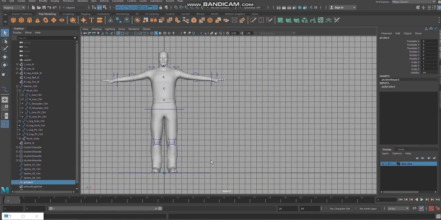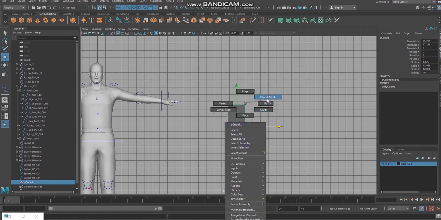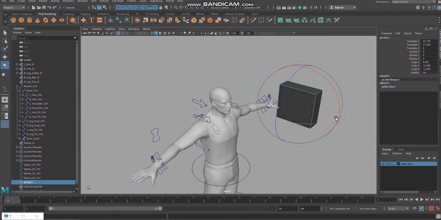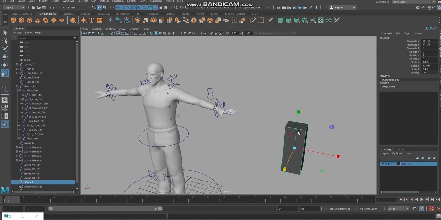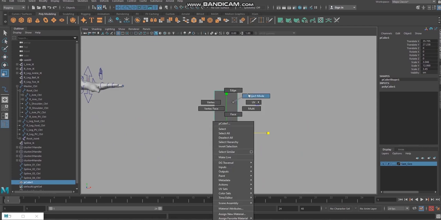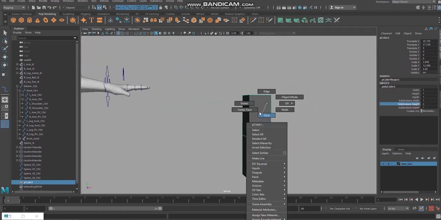I'm going to create a polycube. I'm going to bring it here. I'm going to make it bigger, and in this I think I can add one more subdivision height, one more height I can add. Okay, see,